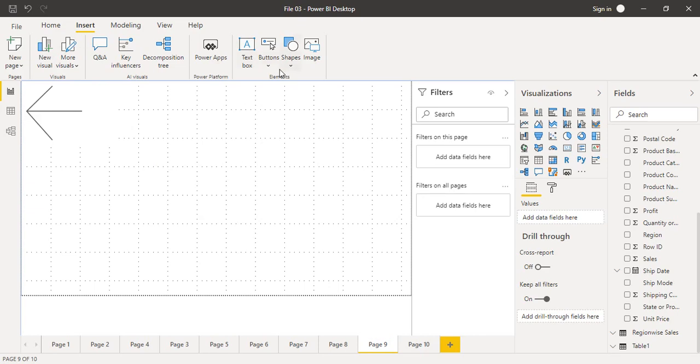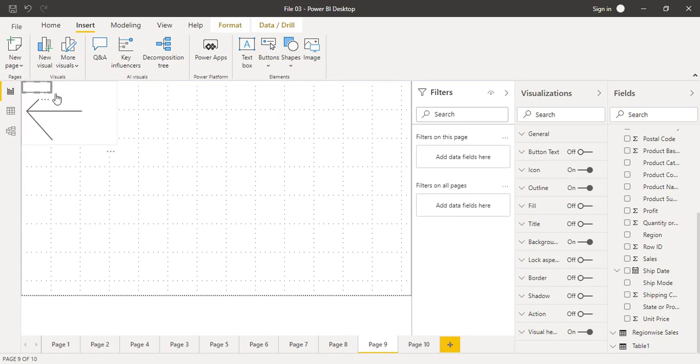The second one is a web URL. You can just go to your button, and these are the different buttons you can add. So I'm going to add a blank button. This blank button is actually a button that does not contain anything right now. So what I'm going to do is add some text to it. So let's just bring it over here, and let's add some text.